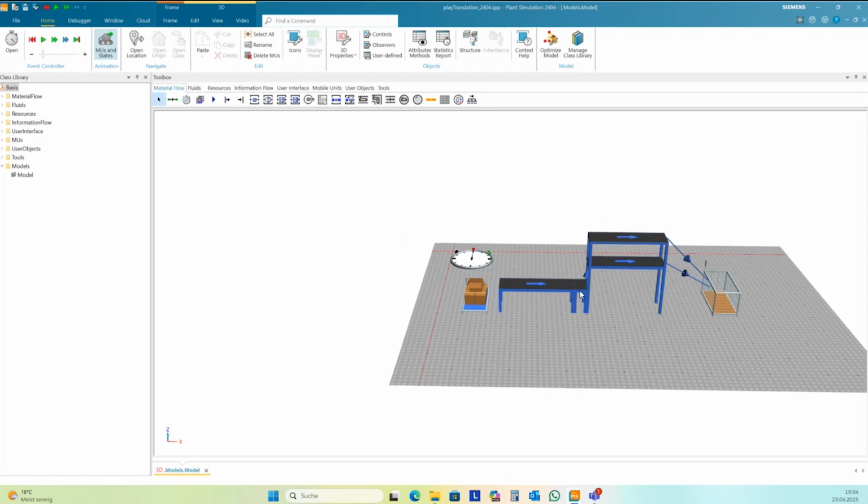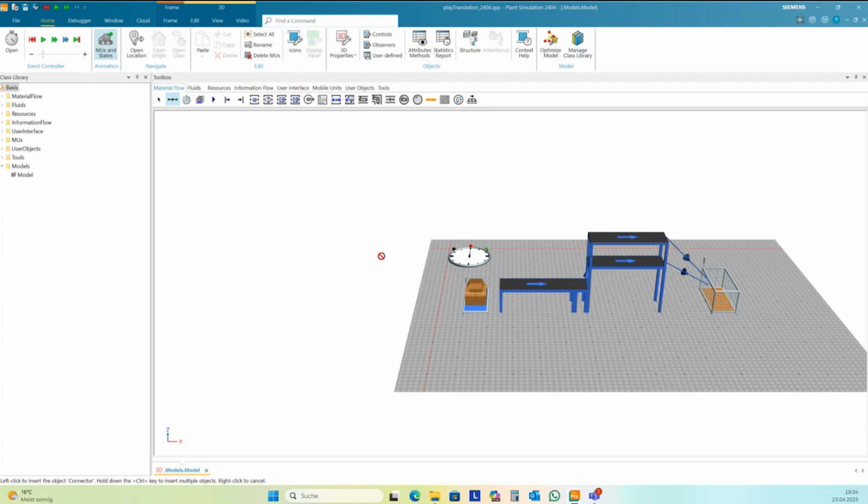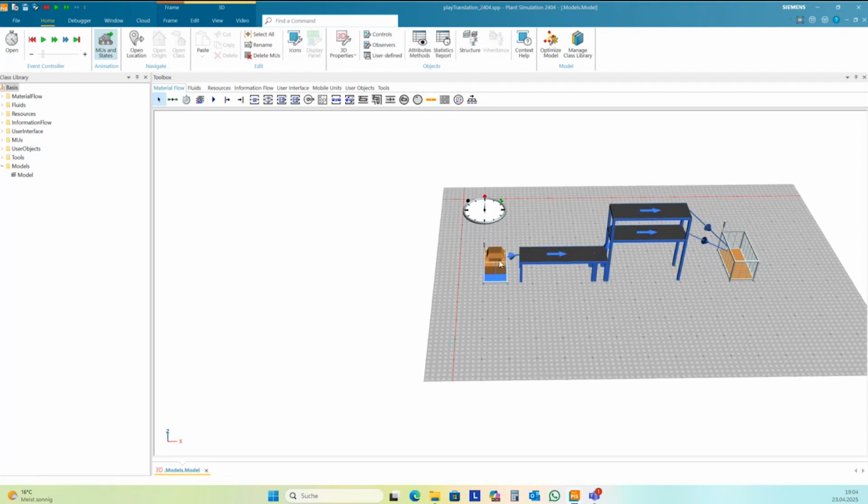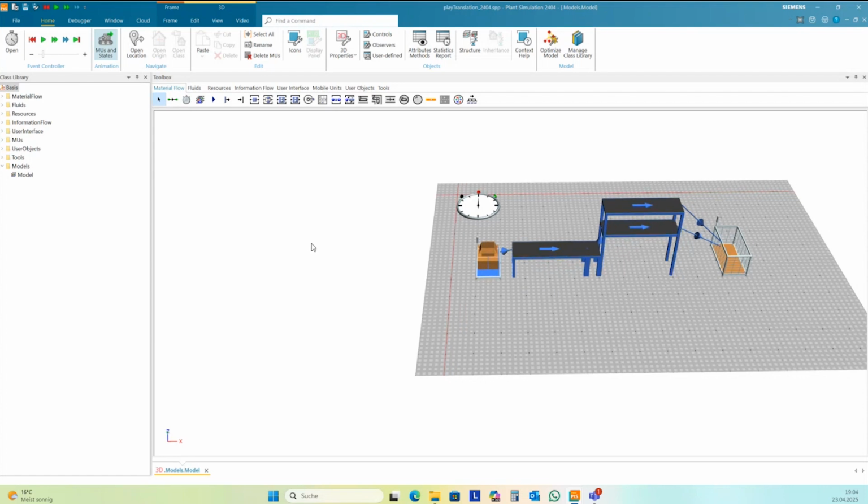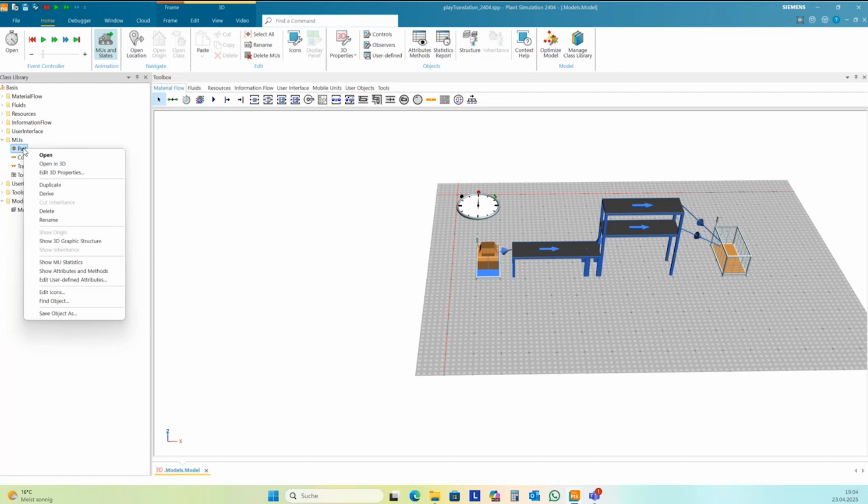And to make it more visible here, I want to let the source produce two different kinds of parts. So first I duplicate the part from the class library 2 times.